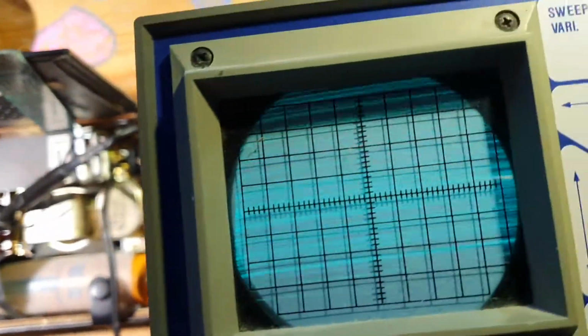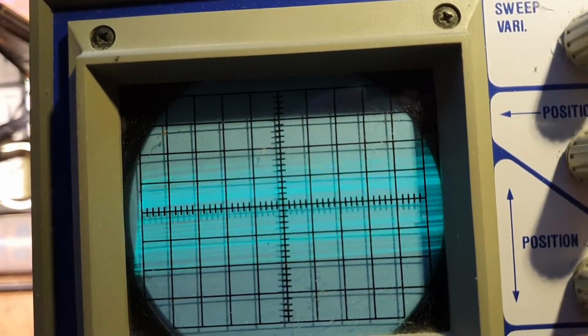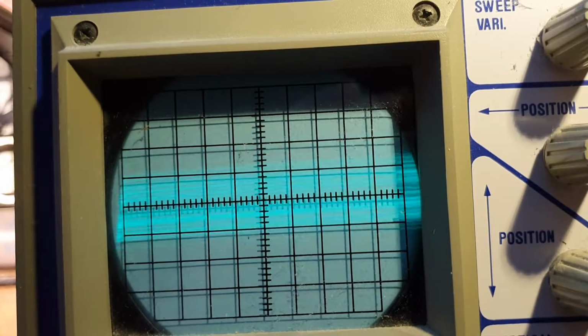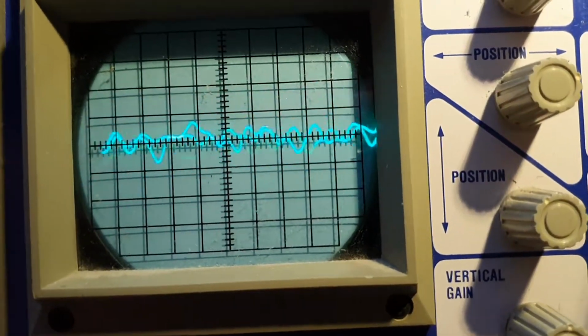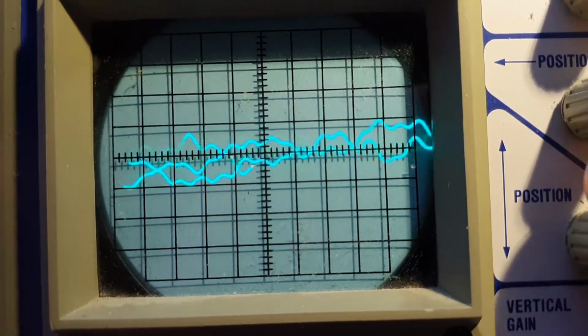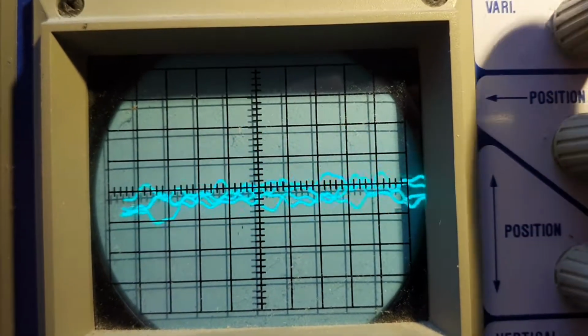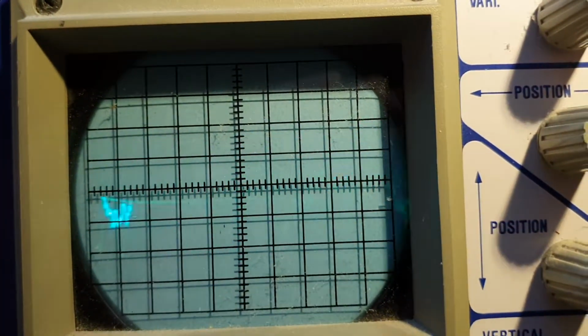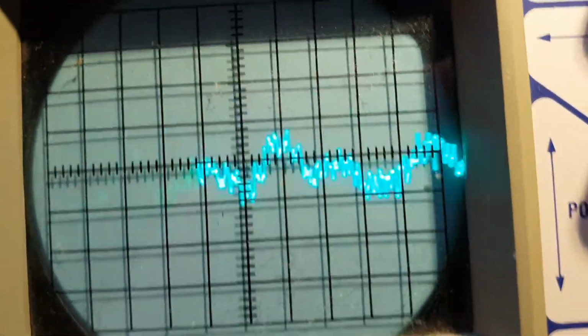Okay, so now the audio signal is here, I have to turn down the gain, and also I'll turn down the sweep rate so that we can actually see the audio. And now we're looking at the audio signal. So that audio signal is in